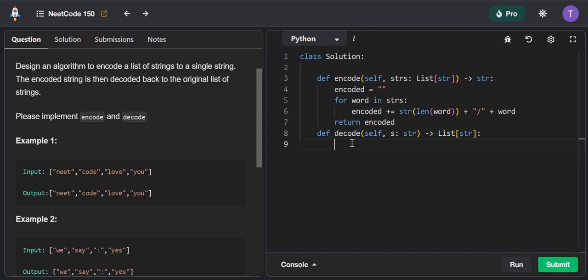So first thing we can create is our decoded array, which is going to contain the decoded strings, and then we can use a while loop to go through the characters of the string. So first we're going to create our index i and set it to 0 and say while i is smaller than the length of s,